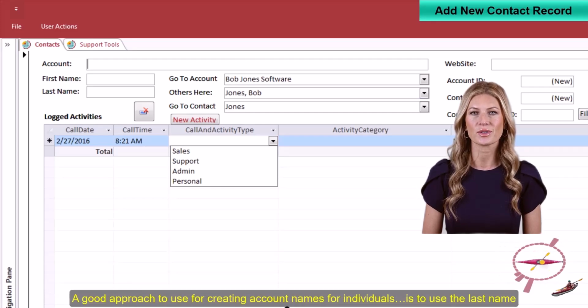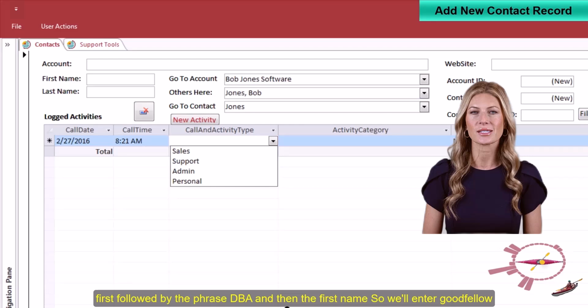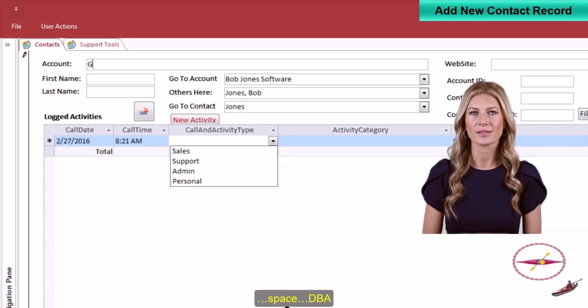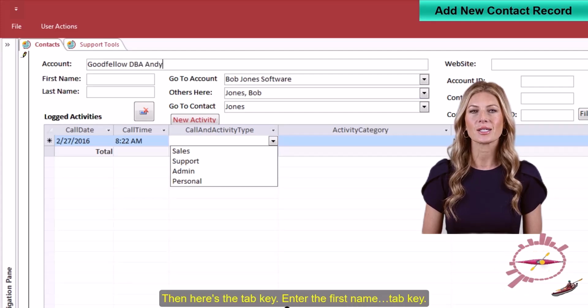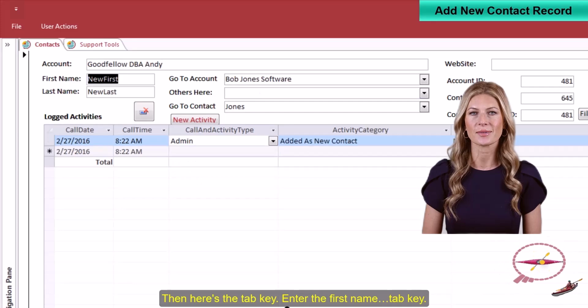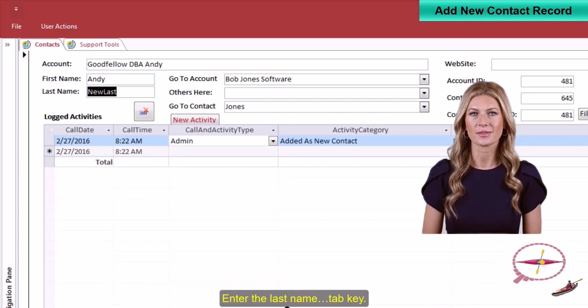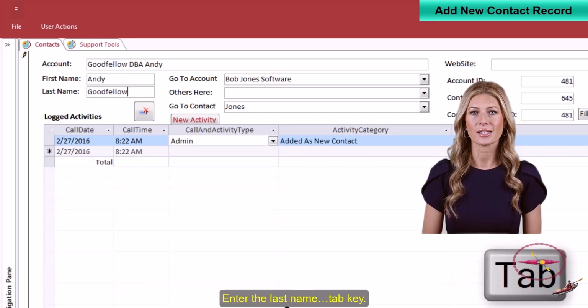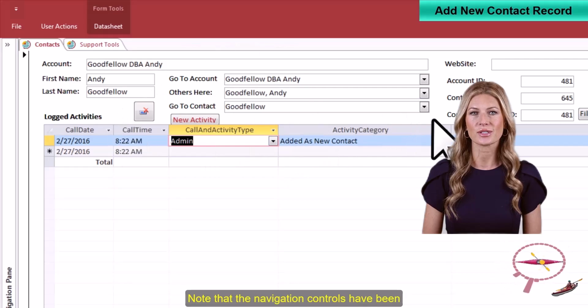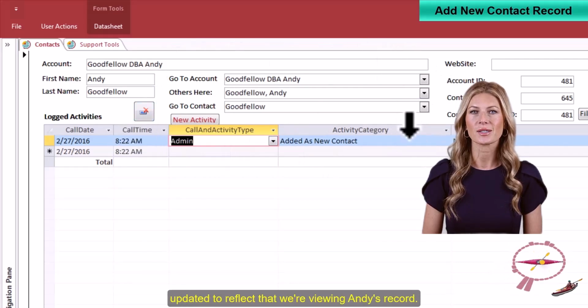A good approach to use for creating account names for individuals is to use the last name first, followed by the phrase DBA, and then the first name. So we'll enter Goodfellow, space, DBA, space, Andy, then use the tab key. Enter the first name, tab key, enter the last name, tab key. Note that the navigation controls have been updated to reflect that we're viewing Andy's record, and then,